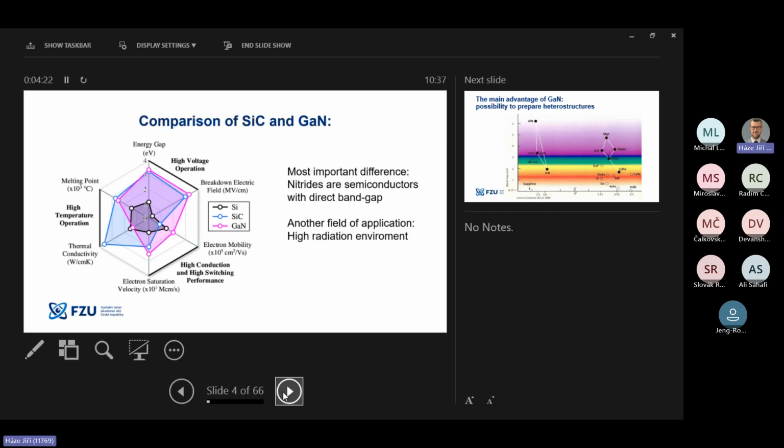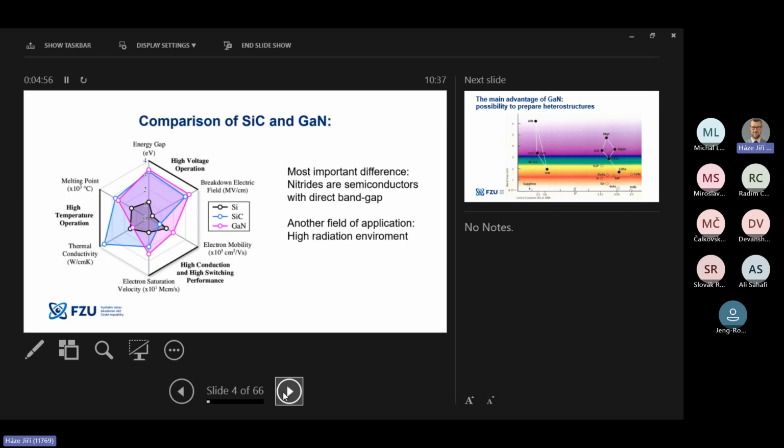And suitability for high power applications comes also from here and also from availability of substrates. Then high switching performance for high frequency applications. For that, gallium nitride is much better. You can see here, and for high voltage, the breakdown voltage is better for gallium nitride. But since the gallium nitride substrates are very expensive, and you do not have the homoepitaxy, you cannot use